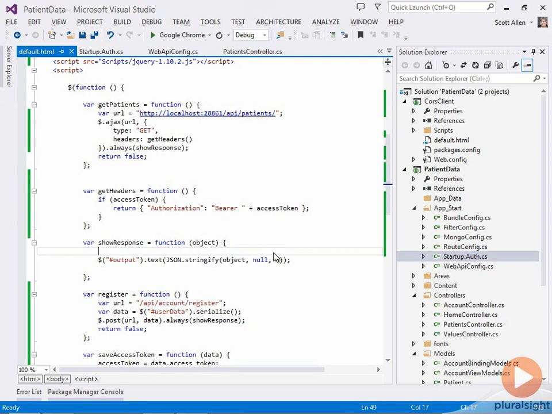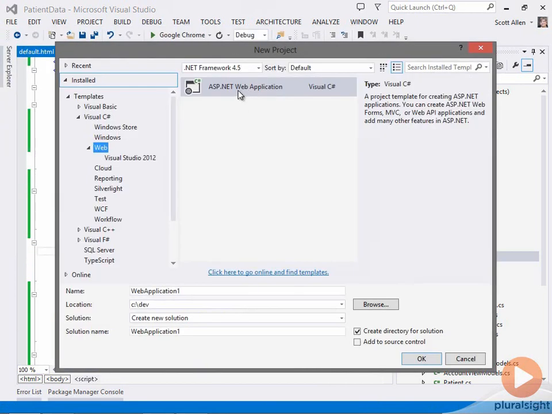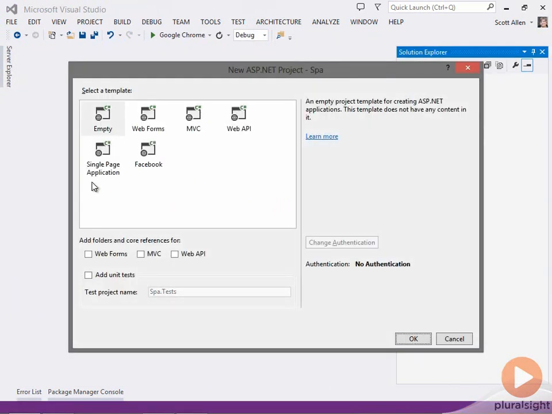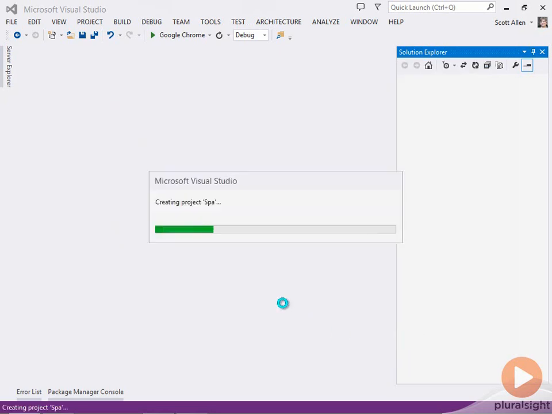If you want to see a prettier version of what I just built, then go to File, New Project, select ASP.NET Web Application, and on the Project Template dialog box, select Single Page Application. This is set up to use ASP.NET MVC and Web API and has authentication set to individual user accounts by default, because essentially what this project will do is use Knockout and jQuery to build a single page application that